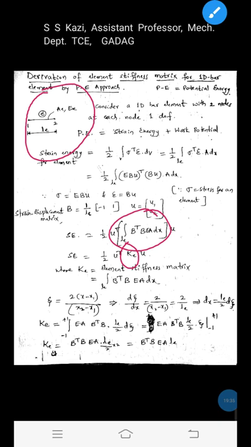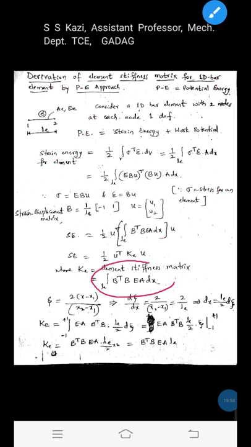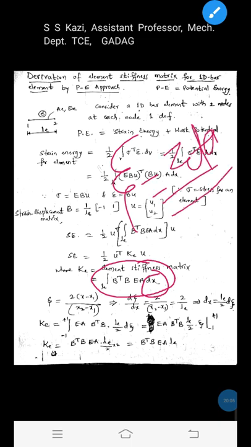Now this Ke is the element stiffness matrix, and we will extract only this term, which represents the stiffness matrix for a 1D bar element, that is the integration of B transpose B EA dx. Now to derive the stiffness matrix by integrating this term, I will replace dx by d zeta. What is this zeta? Zeta is the natural coordinate.